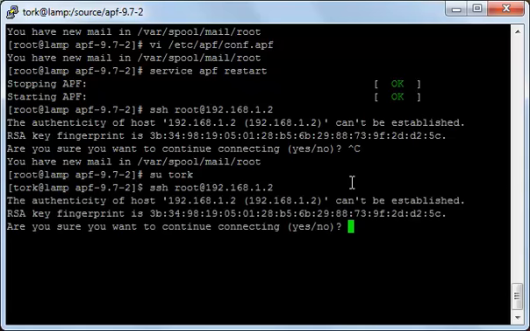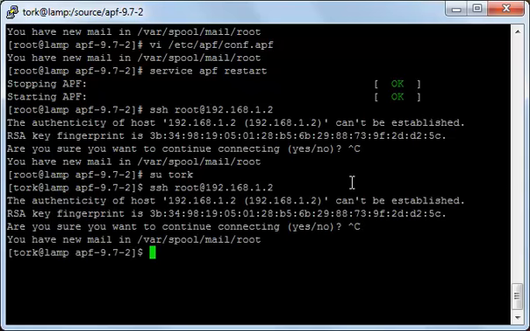Okay, it seems here that I have made a mistake in the configuration file, so I will get back to the configuration file,